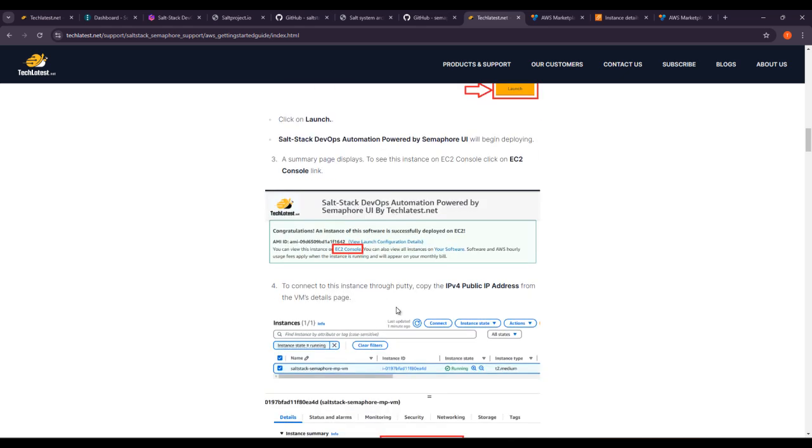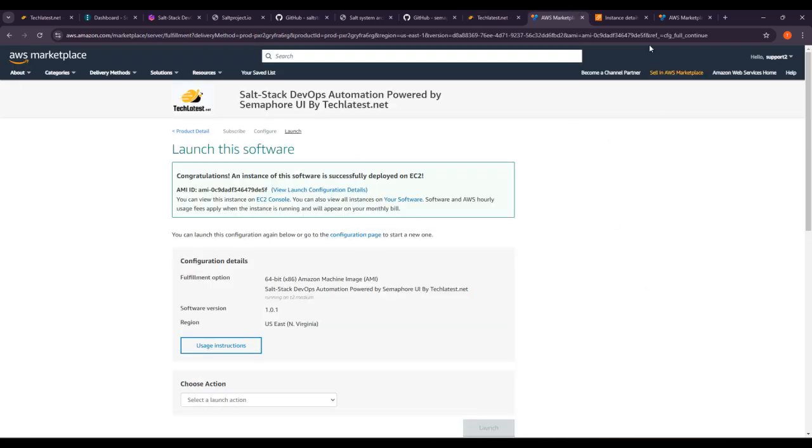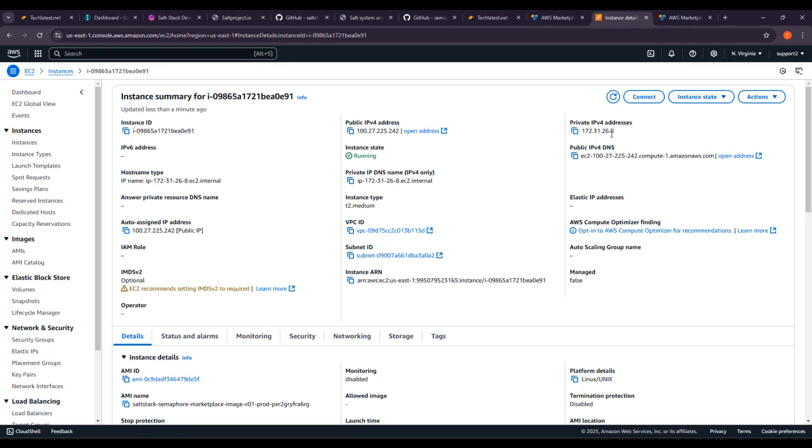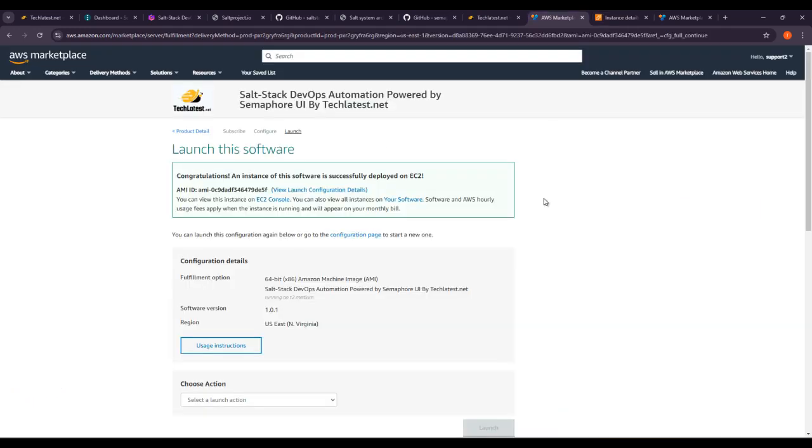To connect to this instance through PuTTY, copy the public IP address from the VM details page. Okay, so here you can see the public IPv4 address. And if you want to stop the instance, you can stop it from here. If you want to reboot the instance, you can do it from here. Then copy the public IPv4 address and after this